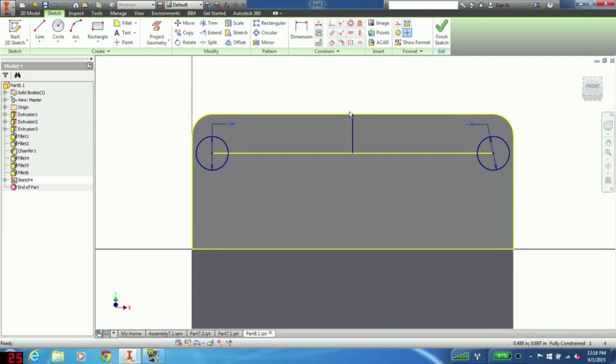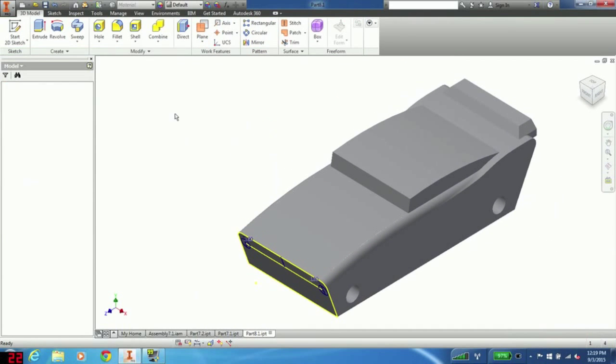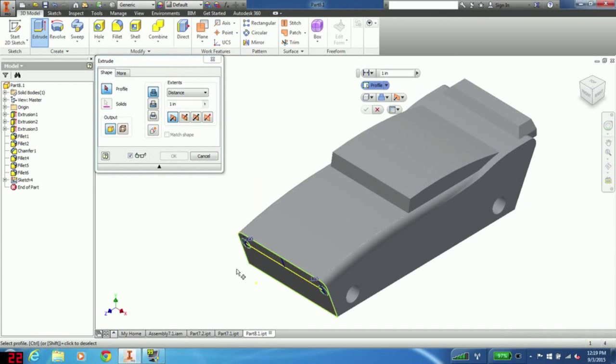So I didn't actually need this midline, but I want the bumper to be extruded to a different dimension than the two headlights. So I could make the bumper in the same sketch and then extrude the headlights first, and then go back and extrude the bumper from the same sketch. Instead, what I'm going to do is just make a sketch for the headlights, extrude those, then make a separate sketch for the bumper. It doesn't really matter either way what you do, but finish sketch,